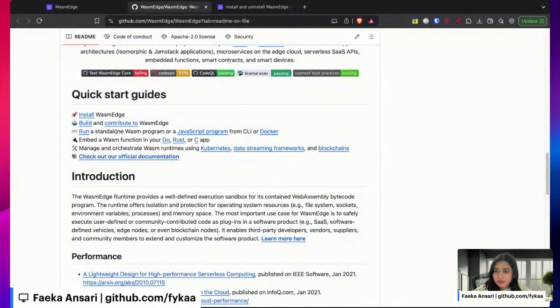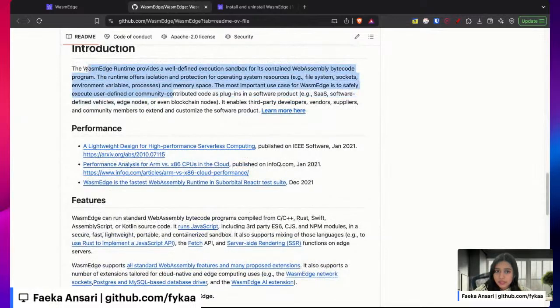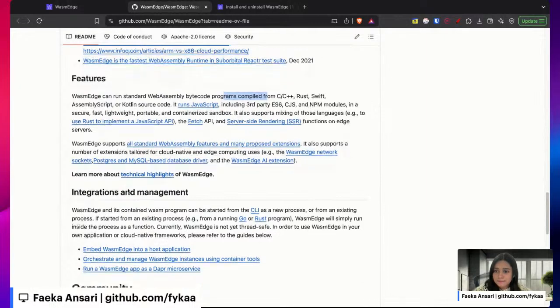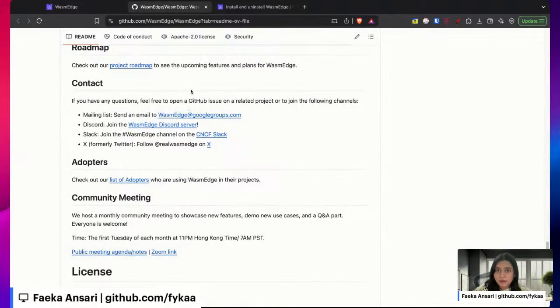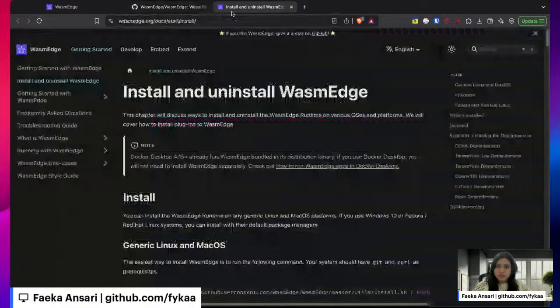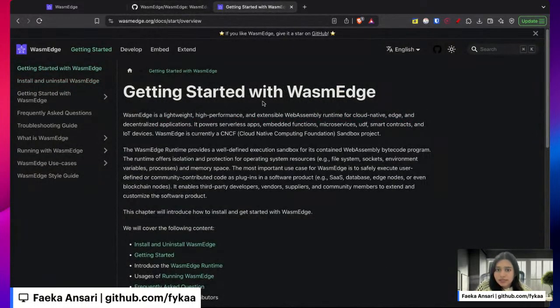Build and contribute to WasmEdge, run a standalone WasmEdge through a JavaScript runtime. Okay, I think we've already seen the introduction. It gets on to run code. So these are a couple of pieces of information about how we go on to contributing. I think we can simply jump on to the getting started guide, where we see how we get started with